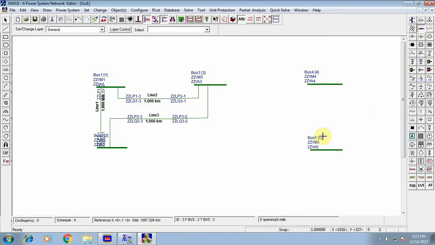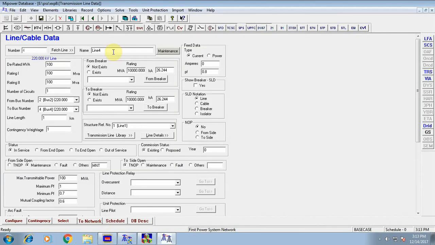The fourth line is between bus number 2 and 4, in between this bus number 2 and 4. So here in between bus number 2 and 4, I'll just click here, double click on this from bus, which is bus number 2, and then to bus, bus number 4. So I'll just double click on this bus number 4 here, click OK, and then give this structure reference number as 3, and then click on this transmission line library and